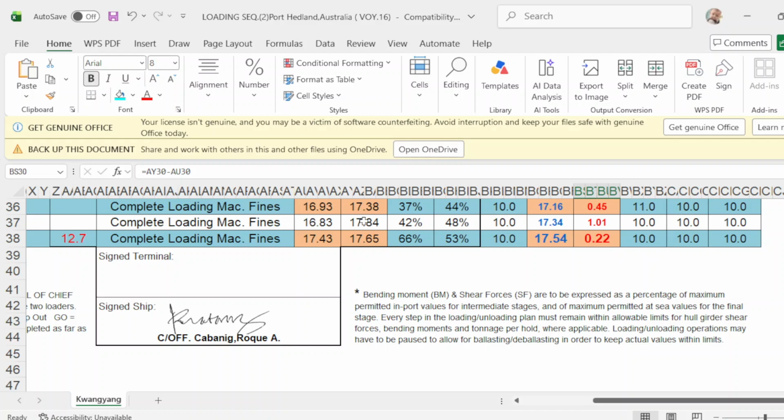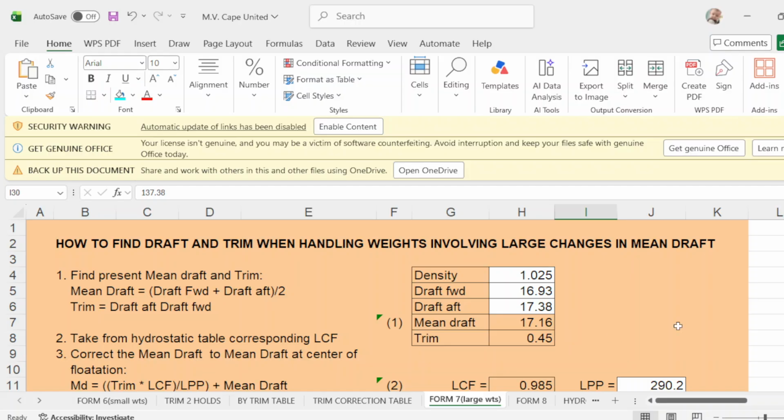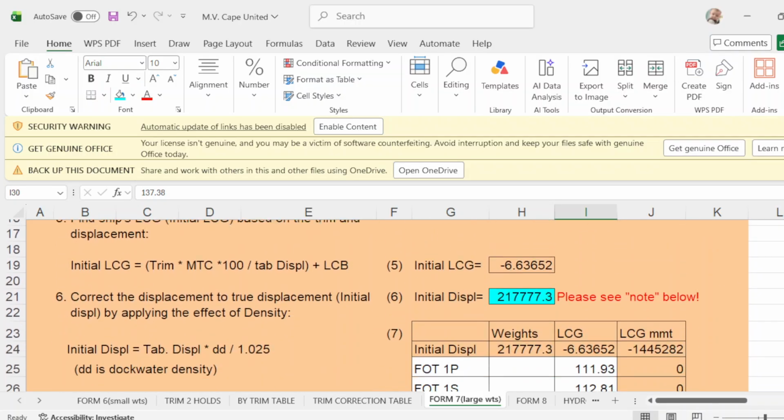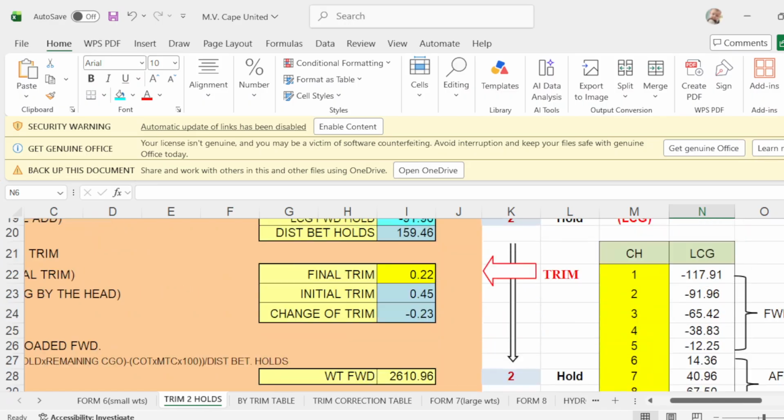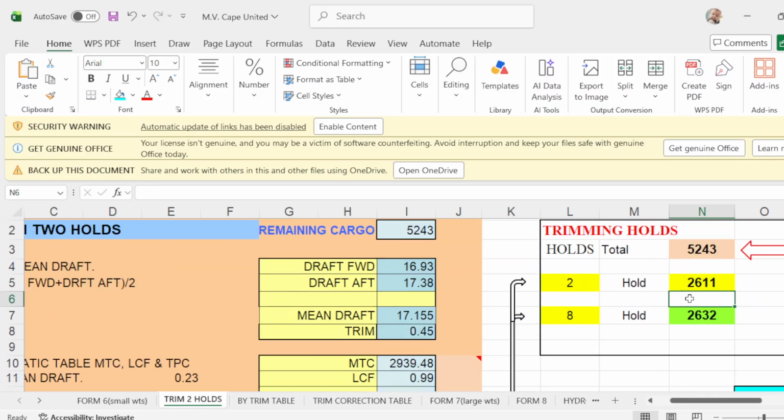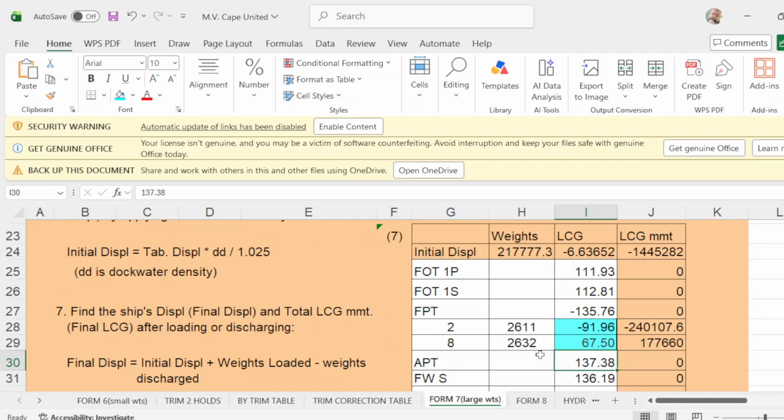And the cargo holds are 2 and 8 and the figure here. So number 2, how much? 2611, 2632. Apply the LCG.